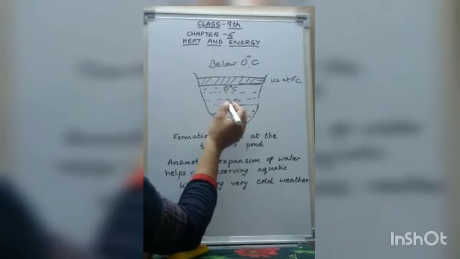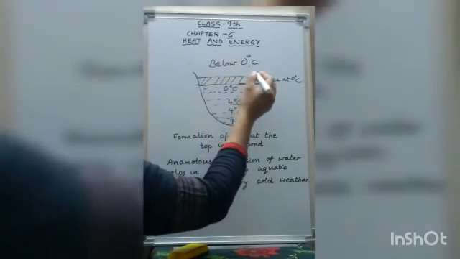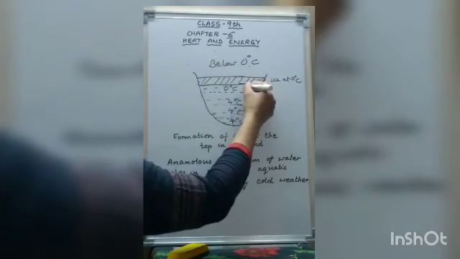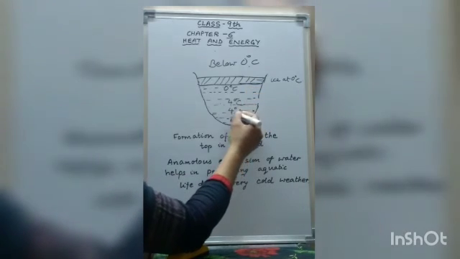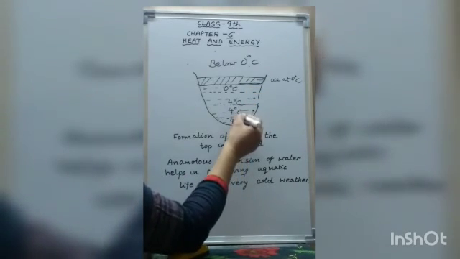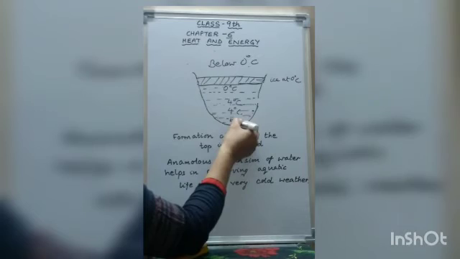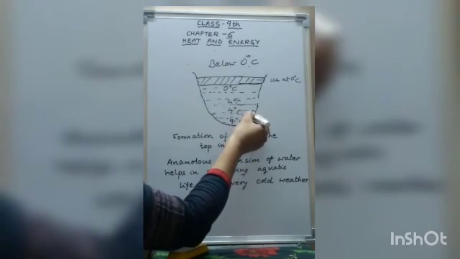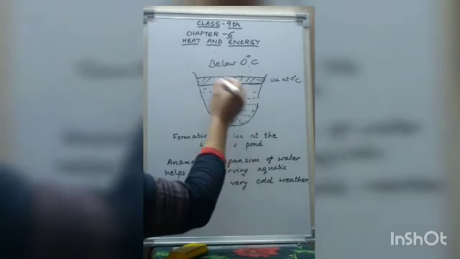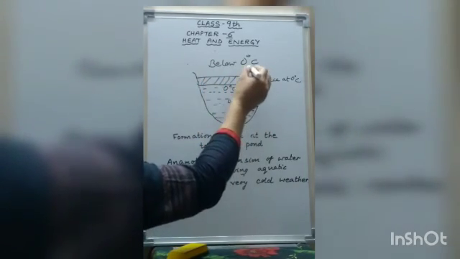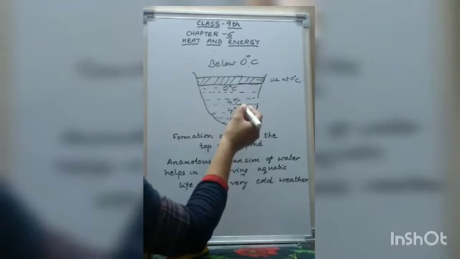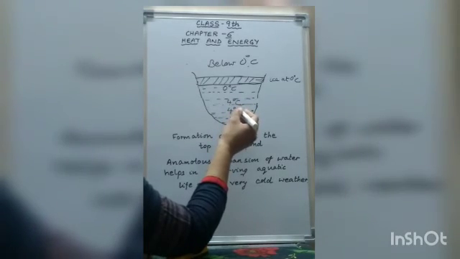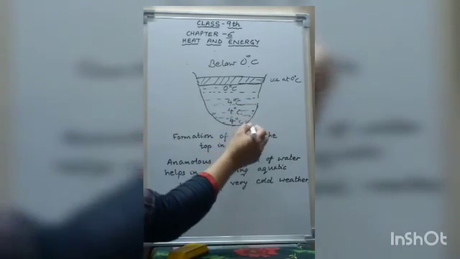Thus, the temperature of water in contact with ice is 0 degrees Celsius, while the temperature of water layers below the ice gradually increases to 4 degrees Celsius. As a result, fish and other aquatic creatures remain alive in the water of the pond, though the water on the surface has frozen into ice. Thus, nature protects the aquatic life during the winter season.